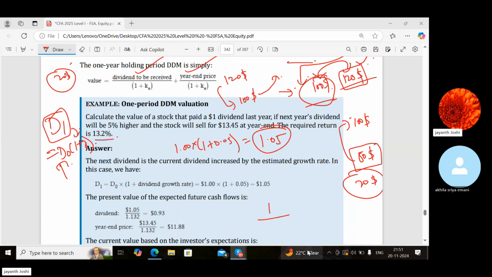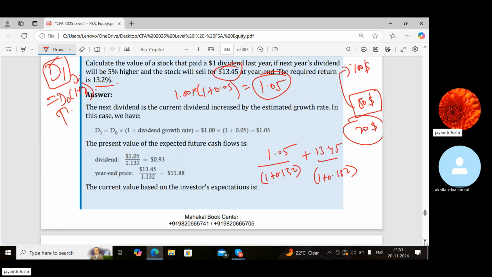13.2 divided by 100 is 0.132. 1.05 divided by 1 plus 0.132. And at the end of the year, the stock is going to be 13.45. So 1.05 divided by 1.132 is 0.927, plus 13.45 divided by 1.132,